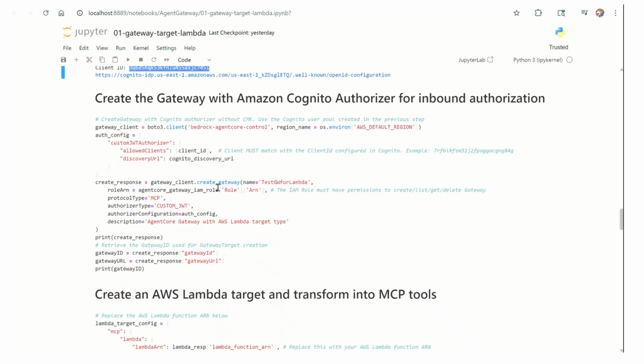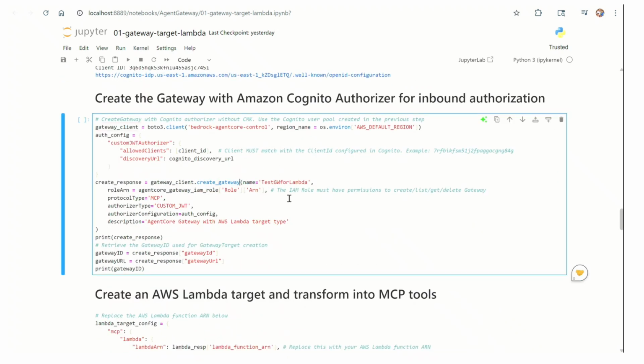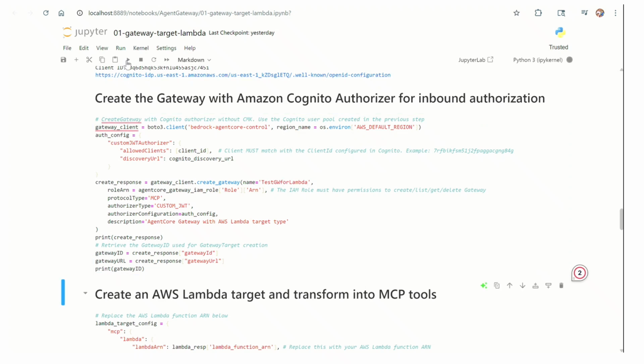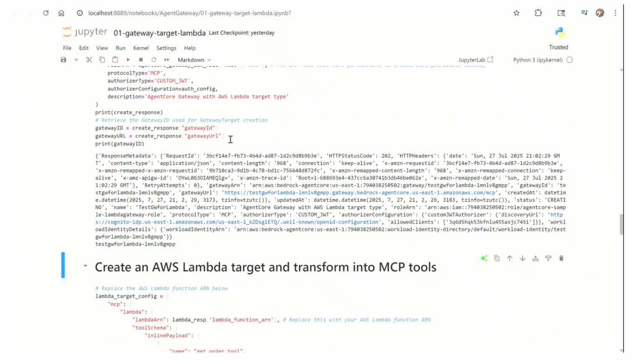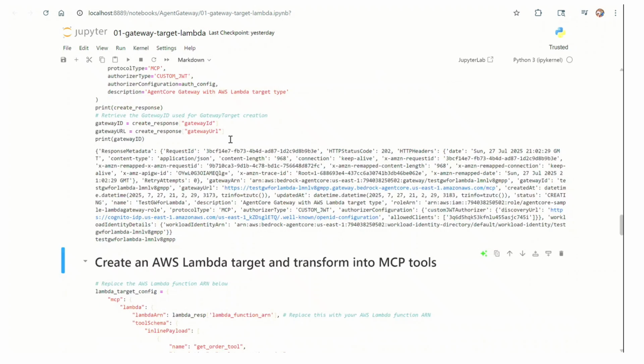So now we are creating a gateway, to convert this particular Lambda function. That means the gateway for AWS Lambda as the target type, right? So now we have this one,